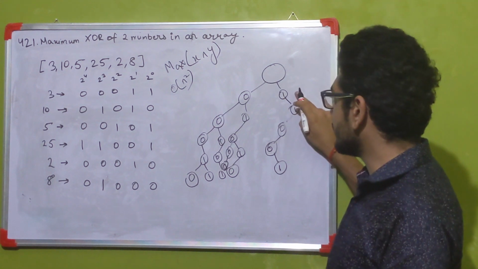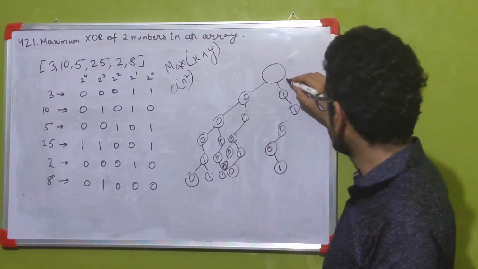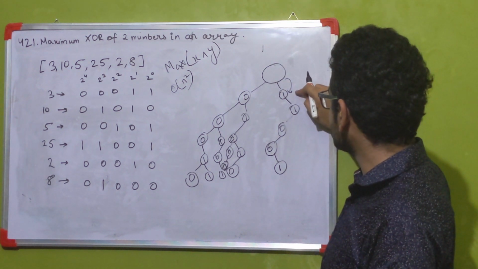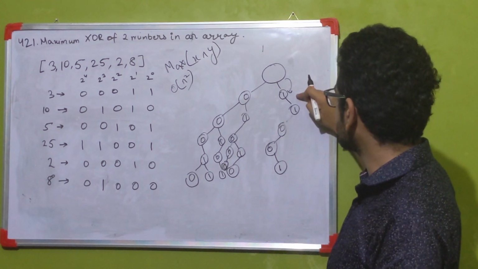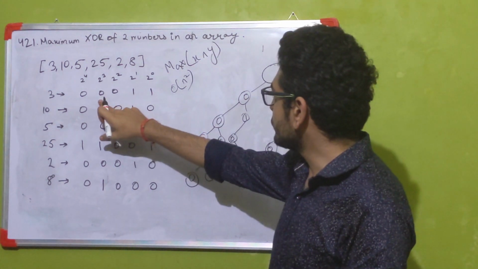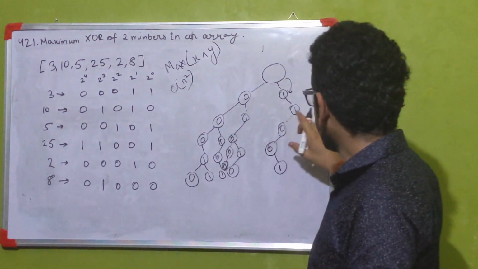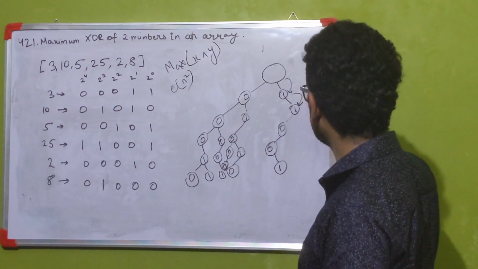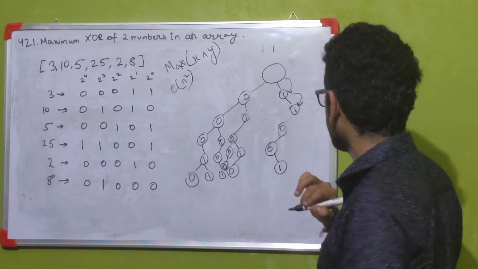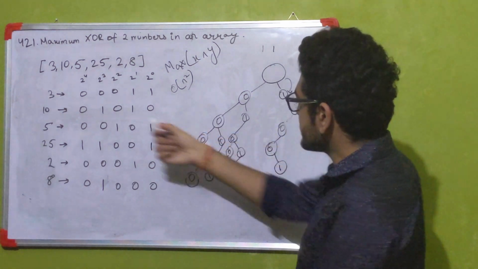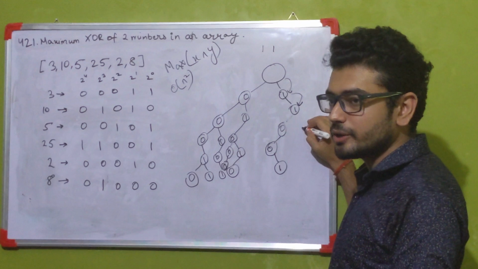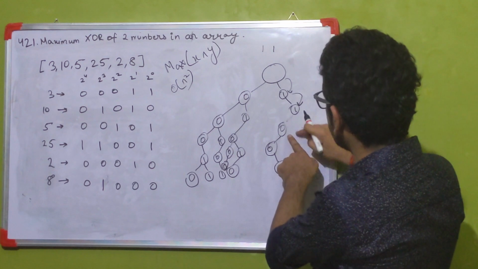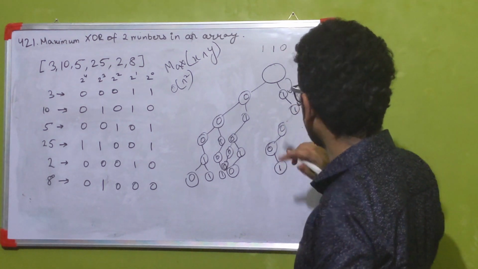We see that we already have 1 in the tri-tree, so we are going to move to this node and we are going to store 1 over here, because for us now we already have a particular most significant bit set. Now we are going to move to the next most significant bit, which is 0. We see yes, 1 is present, that is the differing bit is present. So now we are going to move to this point. Now the next digit over here is 0, but unfortunately we don't have a 1 over here. So we are going to move to 0, and since XOR of 0 and 0 is 0, we are going to put 0 over here.